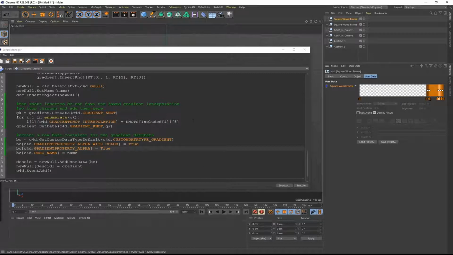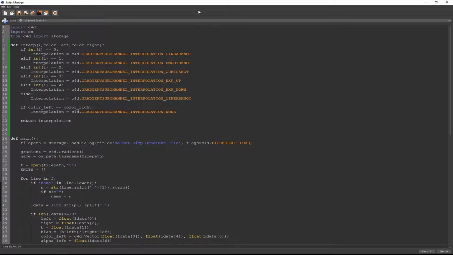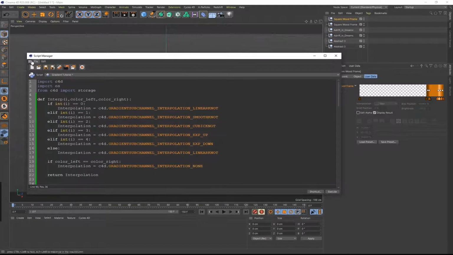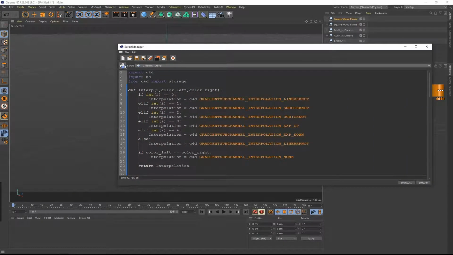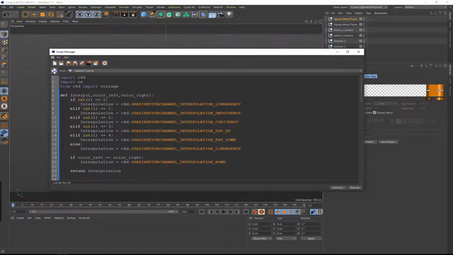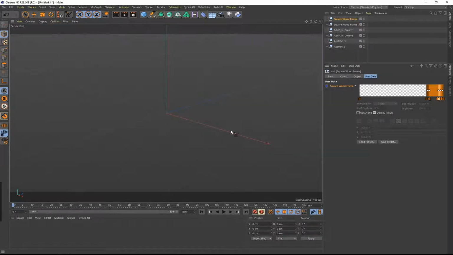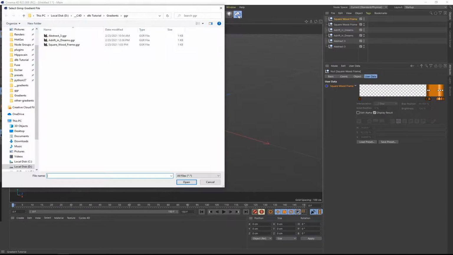There's one more thing we need to do. We don't want to have to load this script each time. So before I go any further, we'll save it. But right here where this little Python icon is, you could change that to a different icon if you'd like, but I'll just leave it. You can drag that up, put it in your interface, and then close this. And now anytime you want to load a gradient, you can click on that,